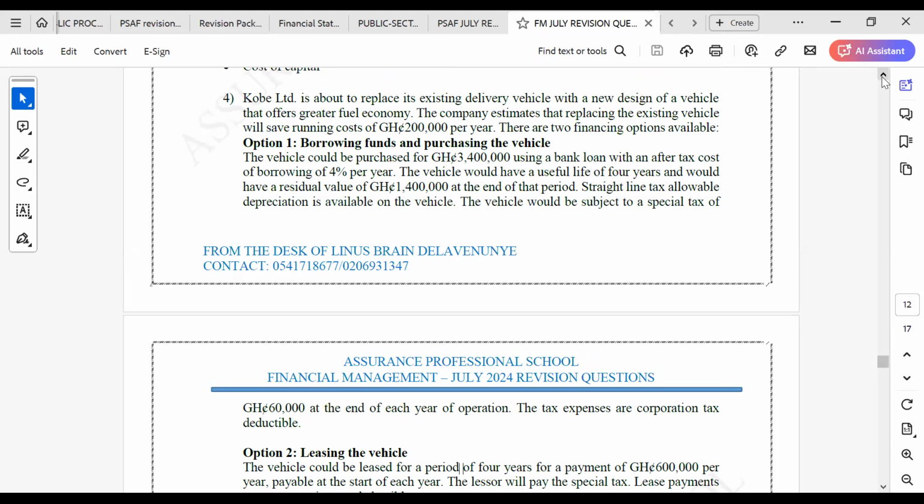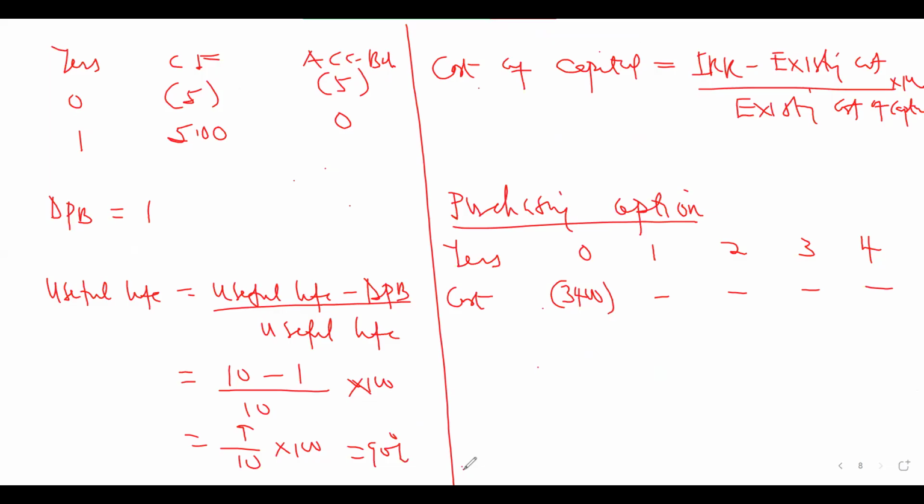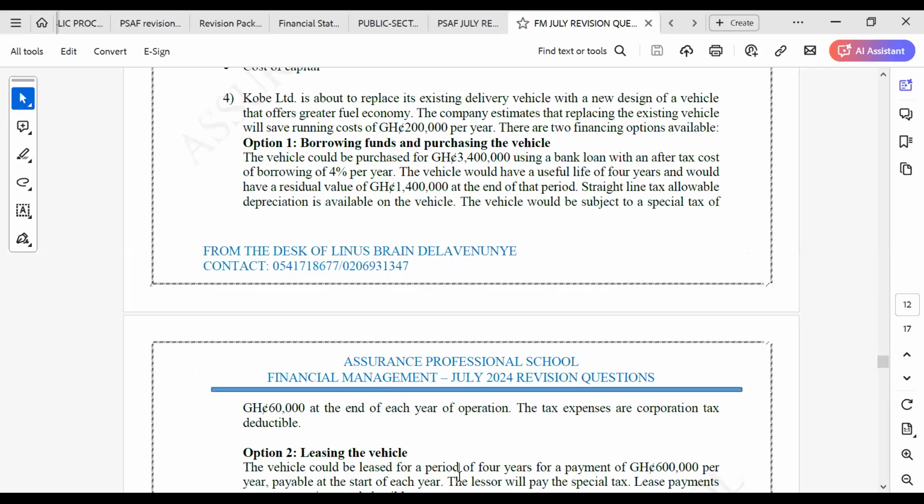But if you don't want to ignore that, then you can bring in the cash flow. So let me show that. Assuming the savings, they can give you a question that the savings will be for only one option. So you can bring in the cash flow here, which will be the running cost. But the saving is for replacing the existing vehicle. If you are replacing, you can still lease. You can replace the existing vehicle by leasing. You can lease it and use it. You are still replacing. The replacing is not actually by you buying.